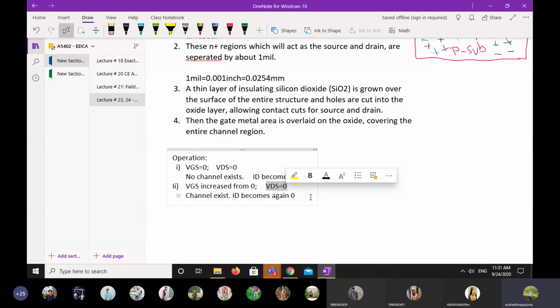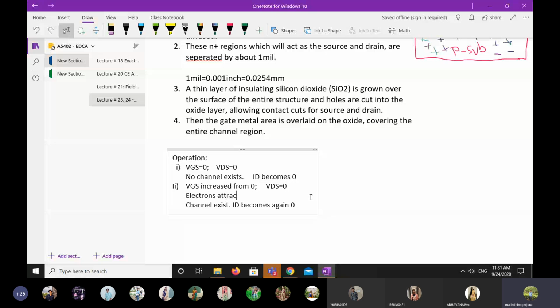That is VDS. So that voltage will not attract the electrons from source to drain. Why? Because you are not applying it. So because of that, the ID current becomes 0. Is that right? Okay, so in a simple statement I can write it as, when VGS increases from 0,